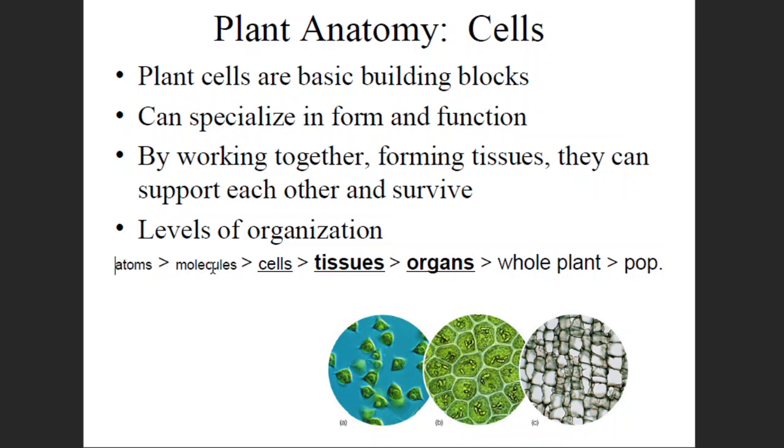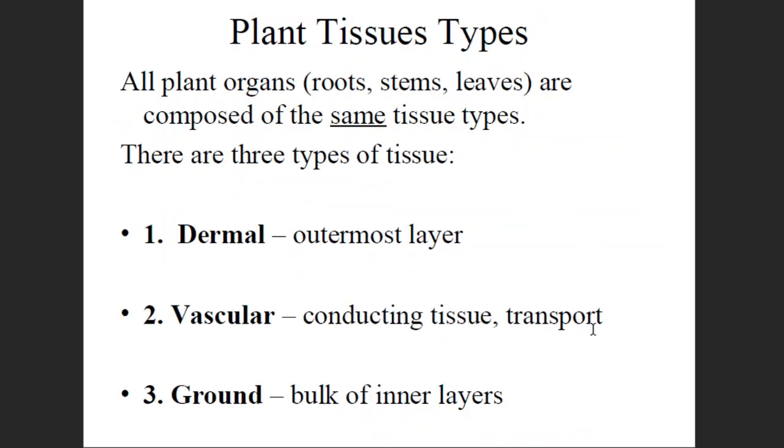So this is the hierarchy of cellular organization: a small atom, a group of atoms together, and they form a molecule. Molecules come together and form biomolecules, and biomolecules make up a cell. A group of cells with the same structure and function forms a tissue. Tissues come together and form an organ, and from organs, an organ system, and an entire plant or organism is formed. The next level is the population. So from the smallest atom, or in fact even smaller, we know that subatomic particles, from the smallest atom to the largest population, there is a hierarchy of organization.